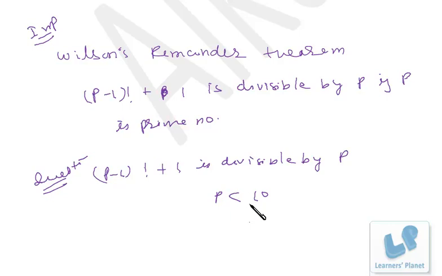Here we are not given that p is prime. That is the answer to the problem, right? That p is prime. We know Wilson's theorem: (p minus 1)! plus 1 is divisible by p if p is prime, and that we have to put over here. Now less than 10, how many values of p are there? For that, p should be prime, right? So that's 2, 3, 5 and 7. So p can take 4 values, right? So that will be the answer to the question, and instantly you can answer if you know Wilson's theorem.